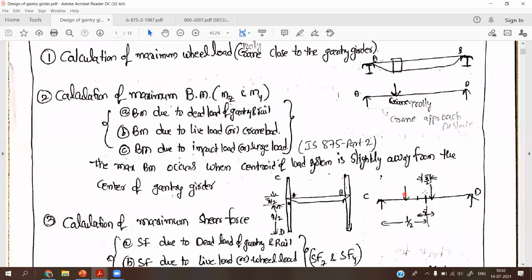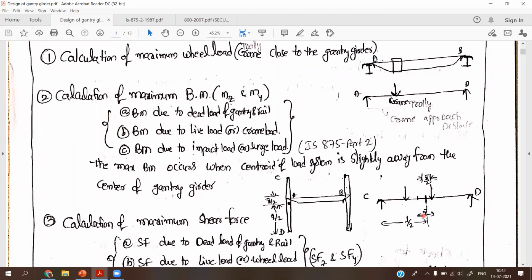Okay, I will show you next. For any gantry girder, the load is distributed into two wheels. The total maximum wheel load is distributed to the two wheels. The resultant force of this loading system has its centroid at a certain distance from the nearest point load, which may be x bar.